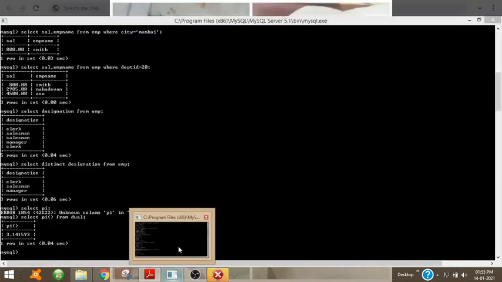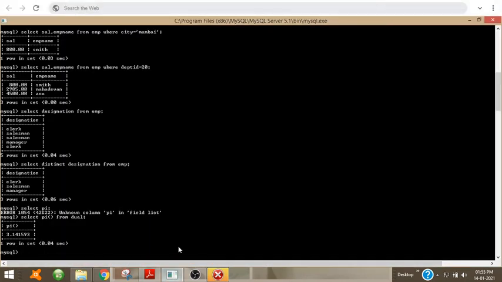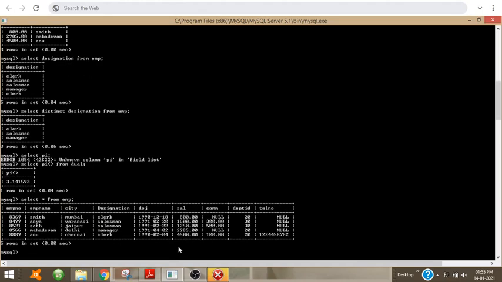Okay, let us see what the different operators are. First, the arithmetic operator. Select star from EMP.